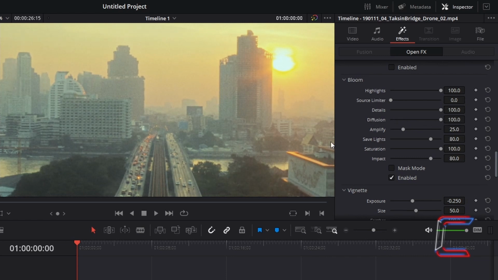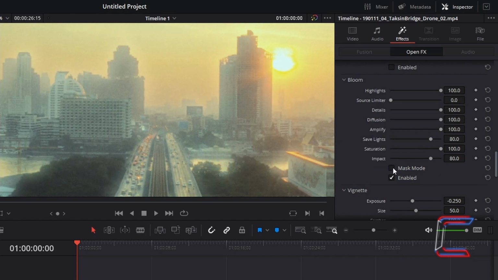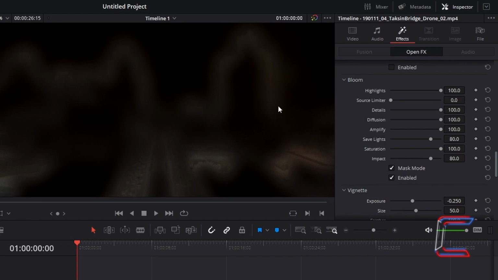Increasing the diffusion value spreads out the hazy effect created from the bright blur. And Amplify spreads out the glow further, creating a dream or flashback-esque appearance. If the Save Lights value is decreased, an even bigger glow effect is applied. If I were to click on Mask Mode now, there is a ghostly outline appearing of the city landscape which